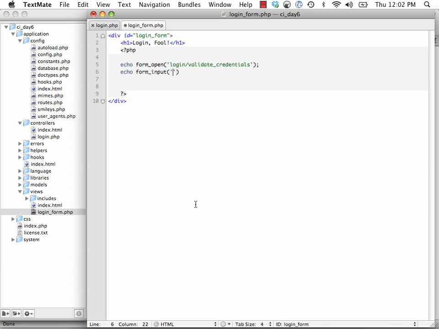Okay. Next, let's echo a form input, and this will be the name and the value respectively. So the name will be username, and the value will be username. The next one is going to be the password, and the value, password. Okay, the next one, and I'm sorry, that shouldn't be an input, that should be a form password, right? Input type equals password. And then finally, let's create a form submit button, and it'll be the name of submit, and the value is going to be